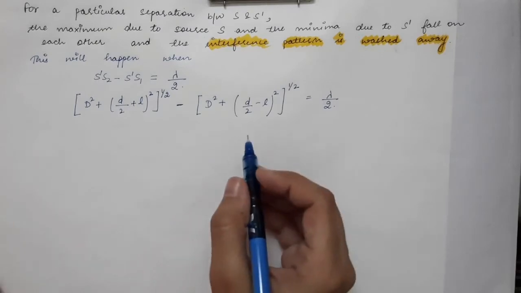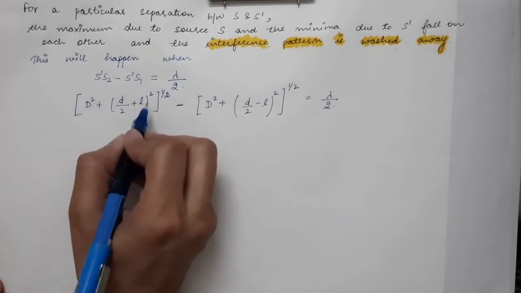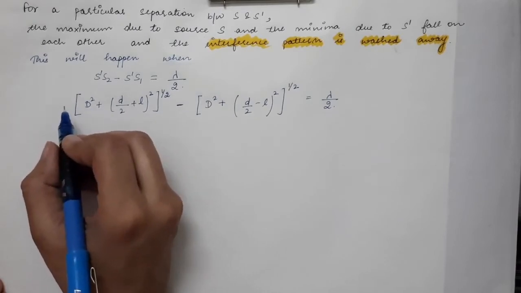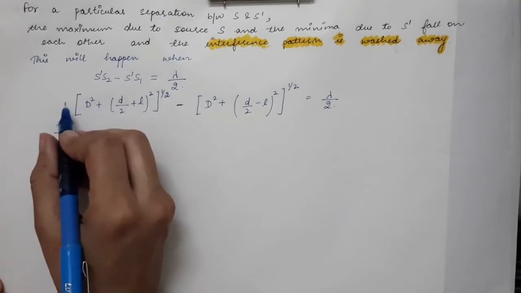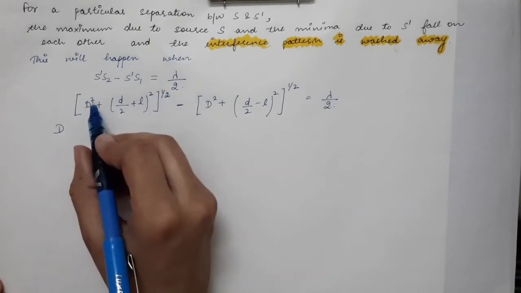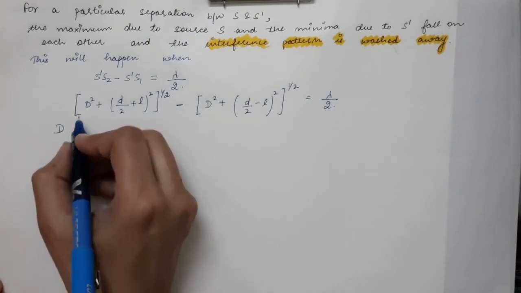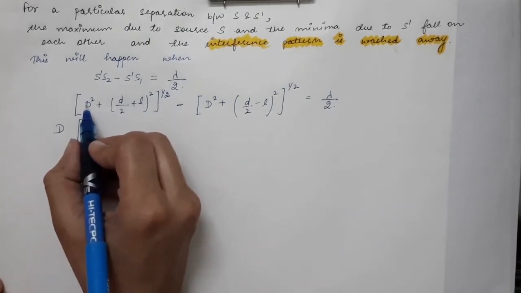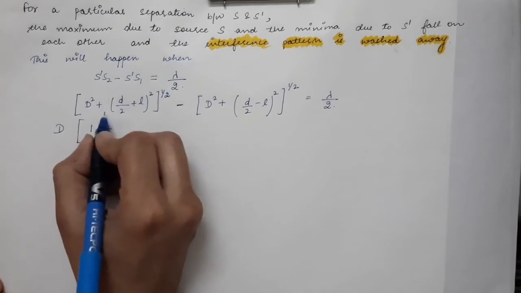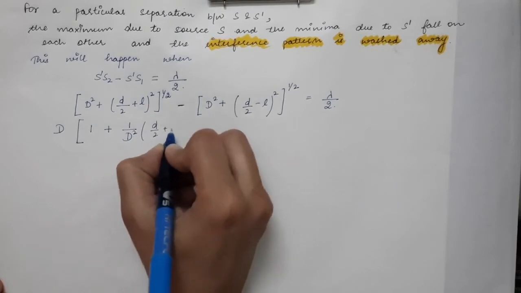So now we are going to do a little mathematics over here. Let's take this D square outside of the under root. So here we have the under root, and the power is 1 by 2. When you take D square outside, it will be D square power 1 by 2, and that will be nothing but equal to capital D. So inside the bracket, since we have taken D square outside, the first term will be 1 plus, and in the second term we will have 1 by D square, and the rest of the term will remain as it is.